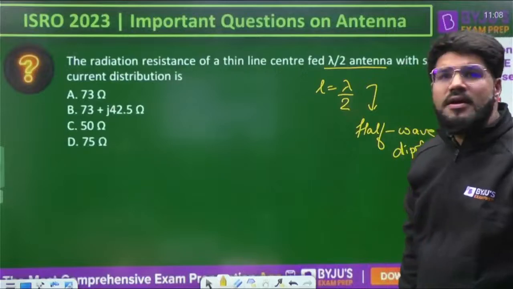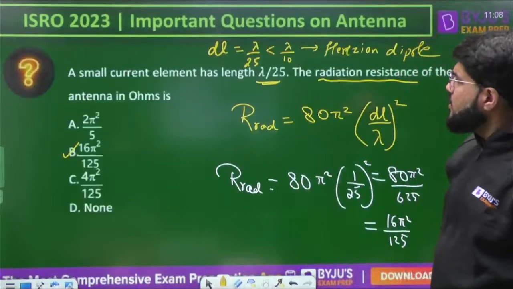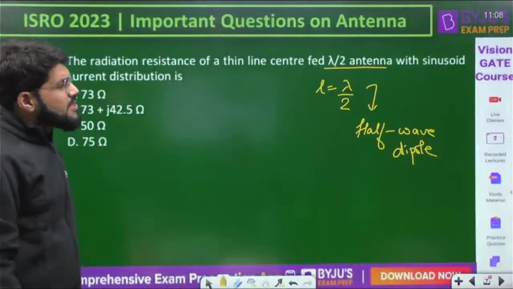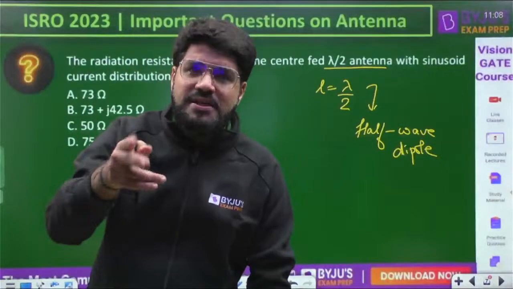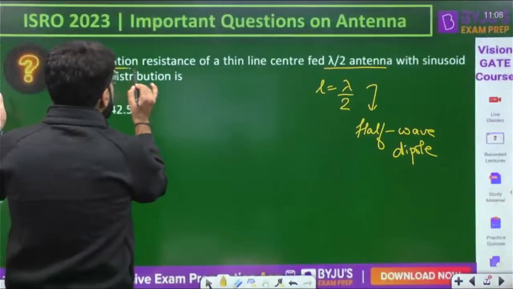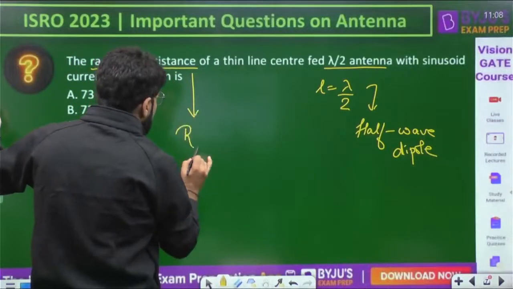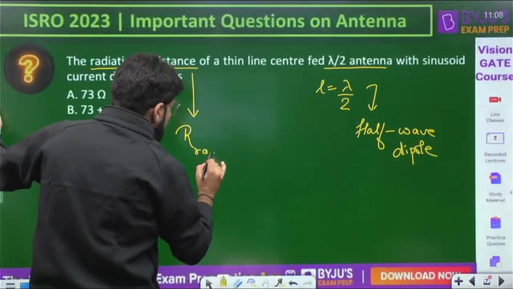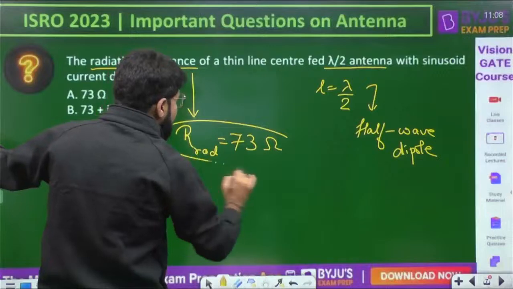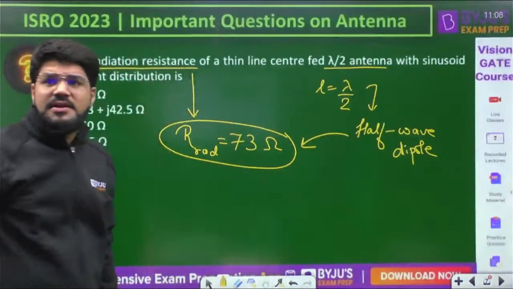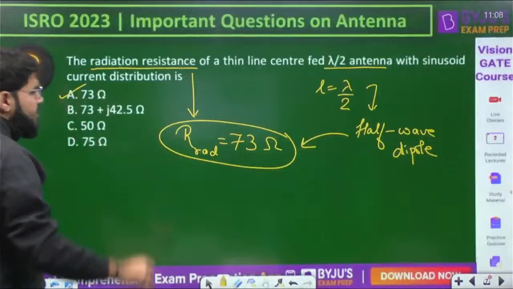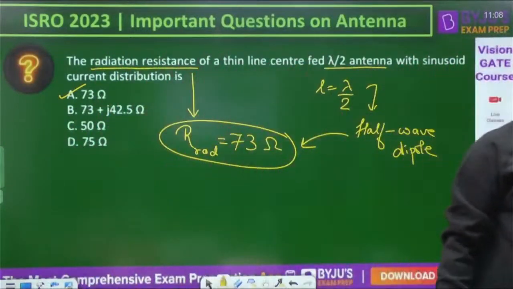What parameter same are you looking for, Ankit Kumar? Please, can you specify? So this is a half wave dipole, and since the length is fixed, of course it has a fixed radiation resistance. How much? Only R rad. For the half wave dipole it has the fixed value, that is 73 ohm. Correct answer, yes, correct. It is a very standard result. You must know this.